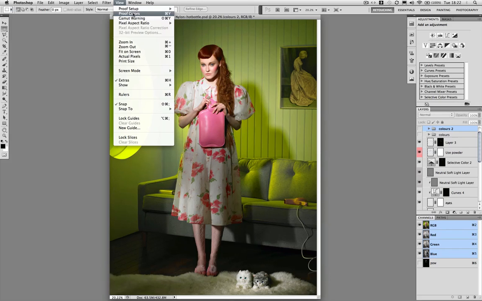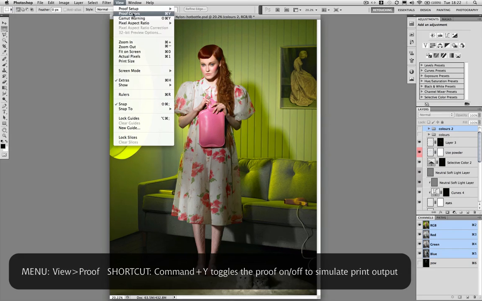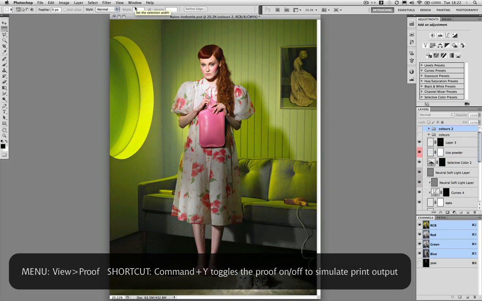Having checked that, we can now go to Proof Colors, which has Command Y also as a shortcut, and you can see here it says CMYK in the top bar here. I'm now in the standard viewing mode. Now we can toggle very easily between RGB and CMYK by simply pressing Command Y. So back to RGB again,